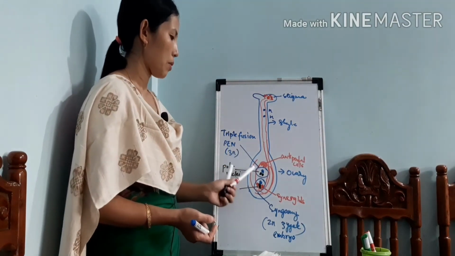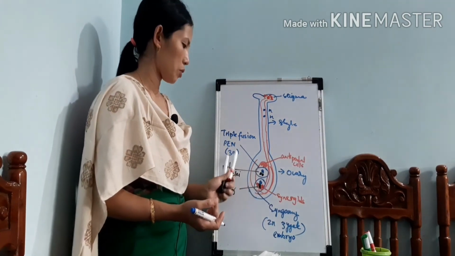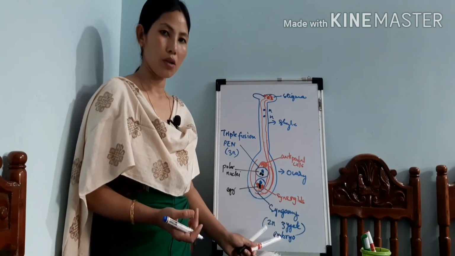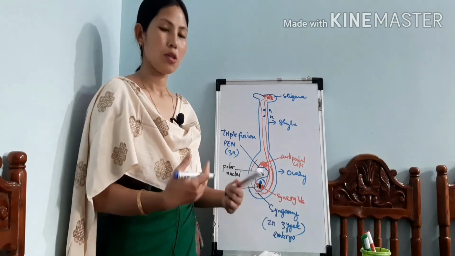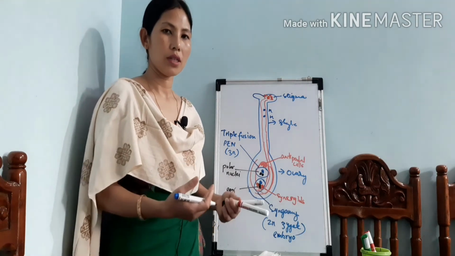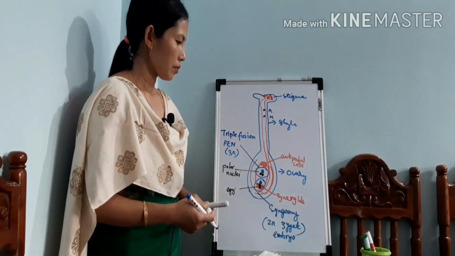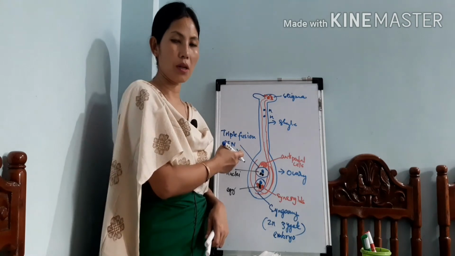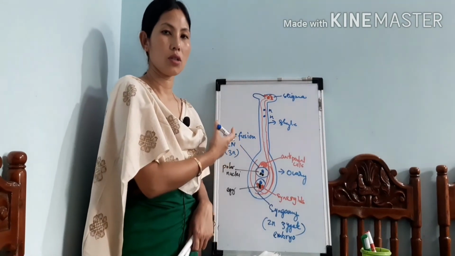On the other hand, the primary endosperm nucleus, as I said, is a nourishing tissue which will help in the nourishment of the growing zygote into an embryo, and also it will nourish the embryo until it gets dispersed, and also until it gets germinated, when it gets favorable conditions. Now here, the triple fusion leads to the formation of the primary endosperm nucleus. Example of this you can see in coconut fruit.